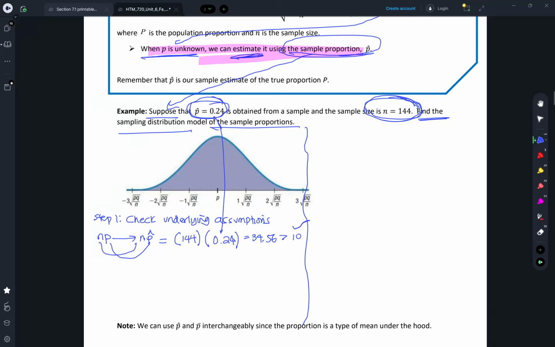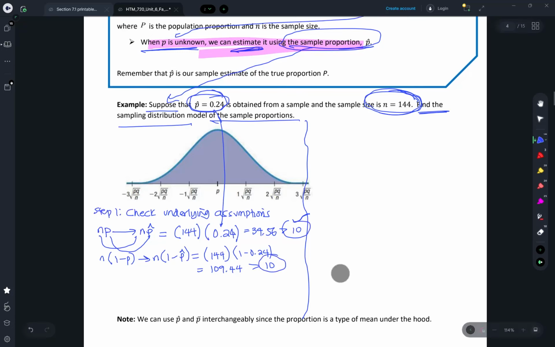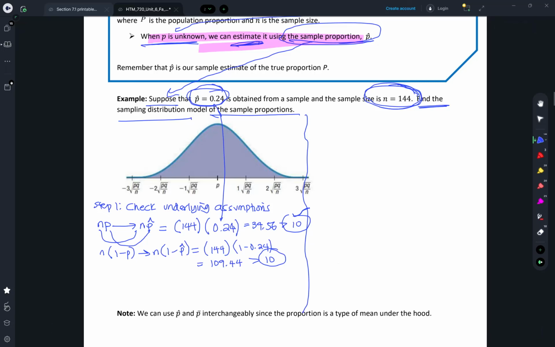So I'm going to put a check mark on that. Also, n times 1 minus p, that will be n times 1 minus p-hat, that will be 144 multiplied by 1 minus 0.24. That will be equal to 109.44, which also exceeds what? 10. So both values must be at least 10. And because they are both at least 10, we can say that